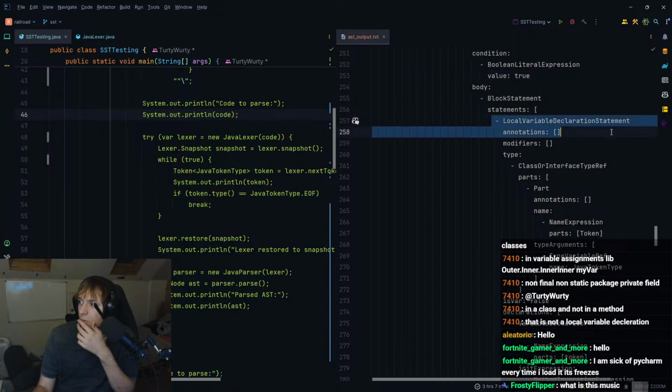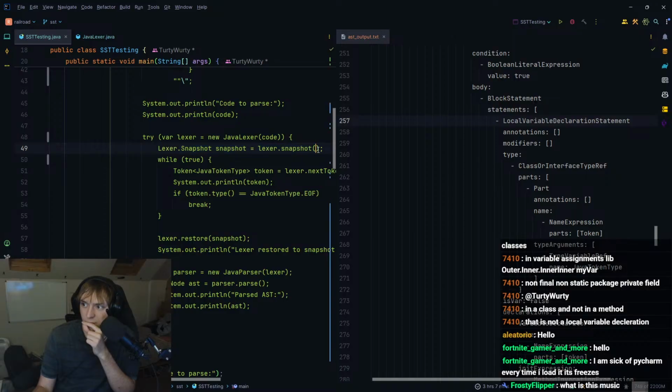Inside there we have a local variable declaration statement. That's true. That should be this. So this is where I'm not sure it's going to work, but we'll try. So the type is a class or interface